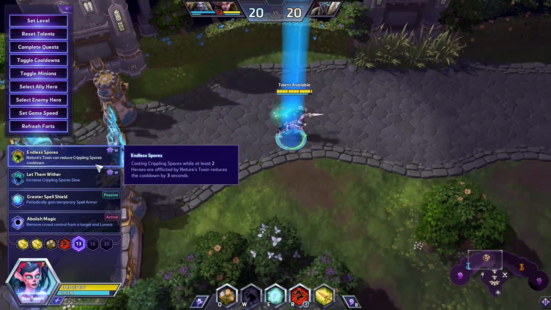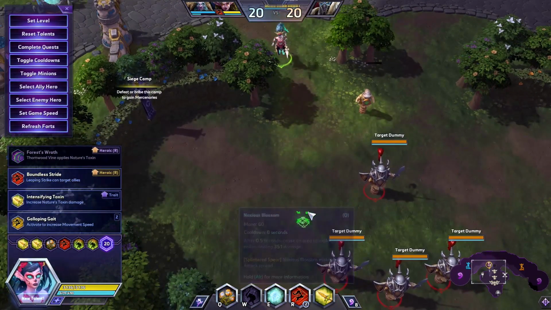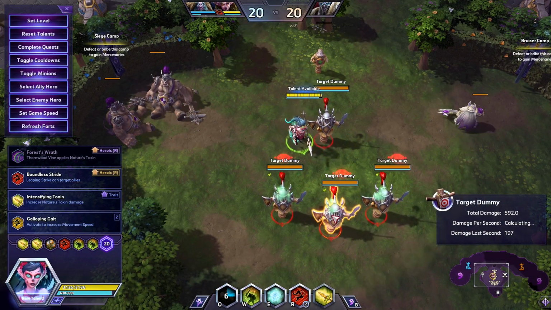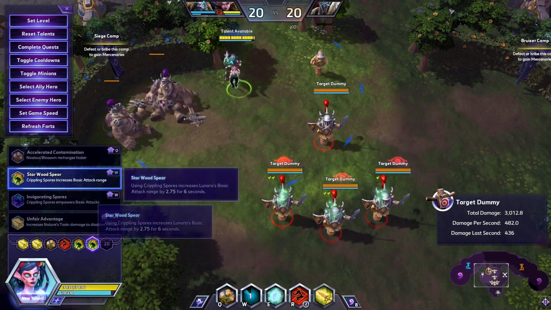Let's go with casting Crippling Spores while at least 2 heroes are affected by Nature's Toxin, which reduces its cooldown by 3 seconds. Then we would go for an attack range increase here, so we can AoE all the time on as many people as possible. We reduce our cooldown, we're keeping all these guys slowed, and we're just trying to deal as much damage as we can. That being said,